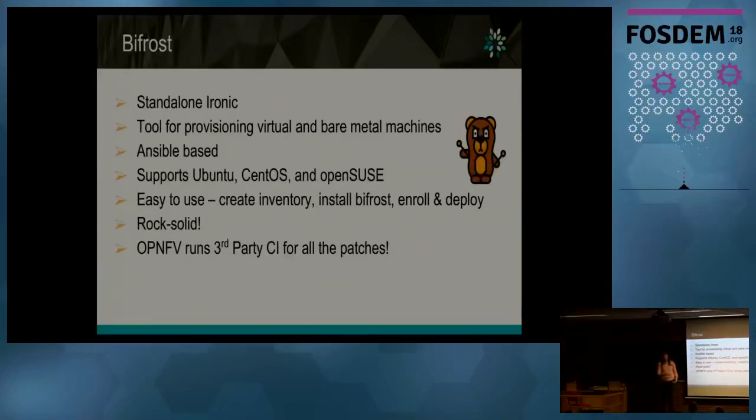Once you have it stored in the database, the final step is to deploy. What deploy means is that it will take all the bare metal servers and install the operating system that you want there, like CentOS or Ubuntu. You can also customize the image that you are going to install, so you can add custom packages or extra configs, extra projects. So you will have all the servers in the same desired state after that.